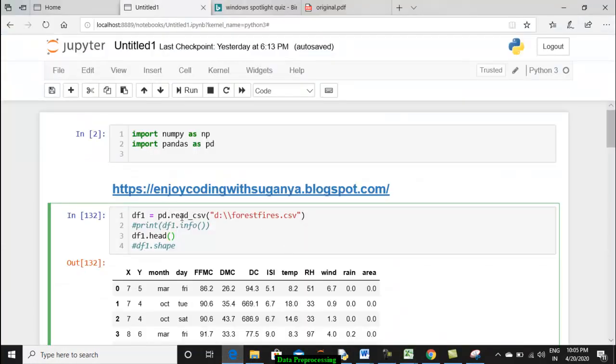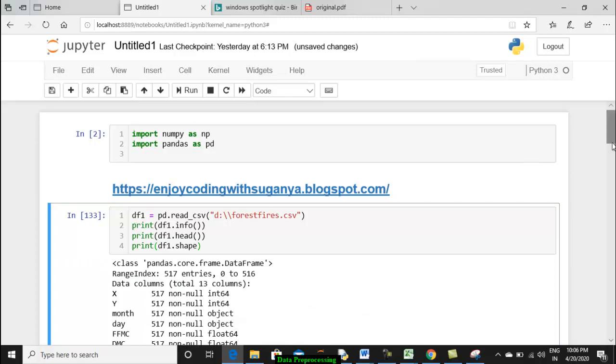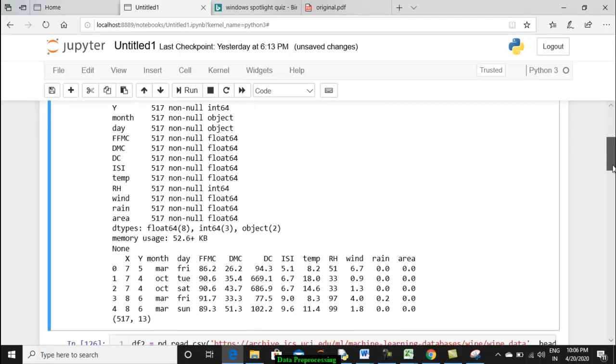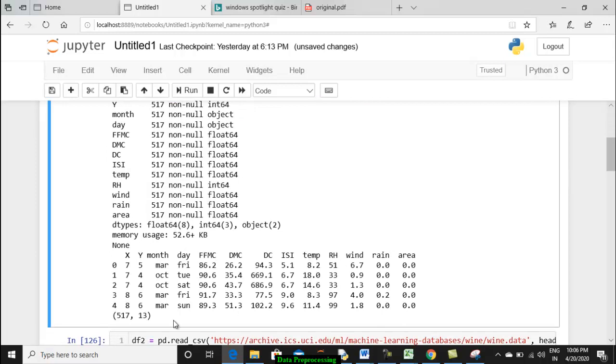Now, as usual, using the pandas object, I'm going to read that Excel file into a data frame, which is GF1. If you want to print the information about the columns, you can print. I'm just going to print the first few lines, 5 lines by default in head, and finally the shape will tell how many objects, rows and columns are there. So let me execute this block. You can see all the information about the attributes are shown, and this is the first 5 rows of the data set. And how many rows we have? 517 rows. That is the shape.